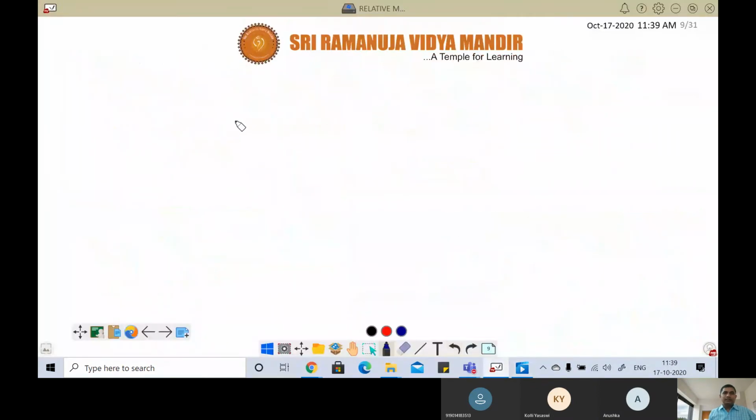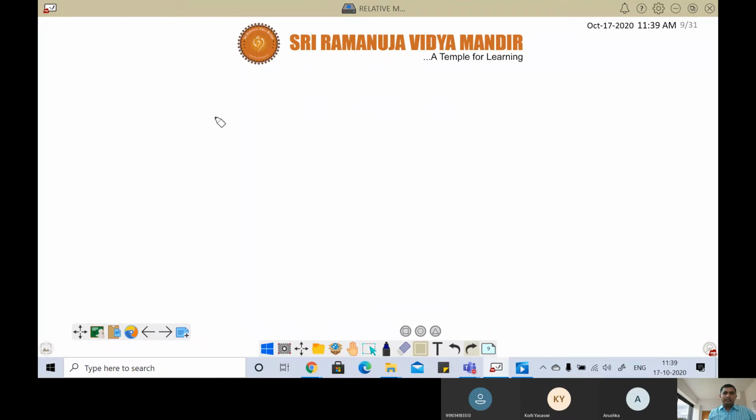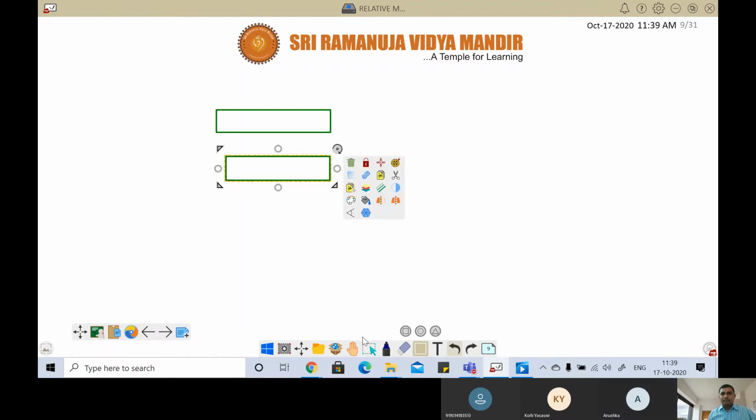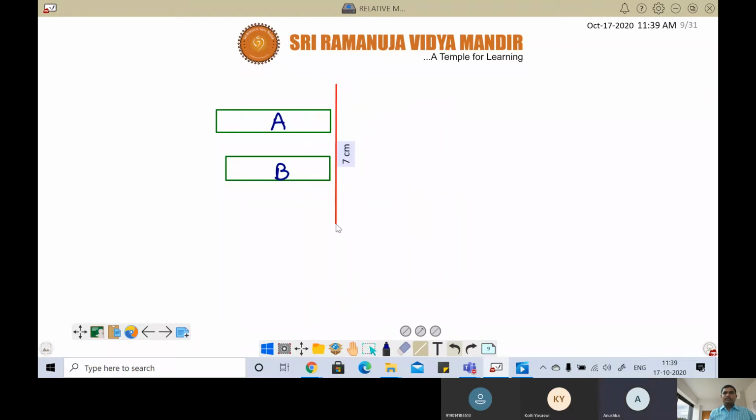Whenever they give that there are two trains in the same direction and they are crossing each other, they should cross each other. Whenever they say the two trains must cross each other in the same direction, you should never draw like this. In any case, you should not draw like this. Understood? Under any case, you should not draw like this. Is it clear? This mistake you should not do. This is not at all correct under any case.